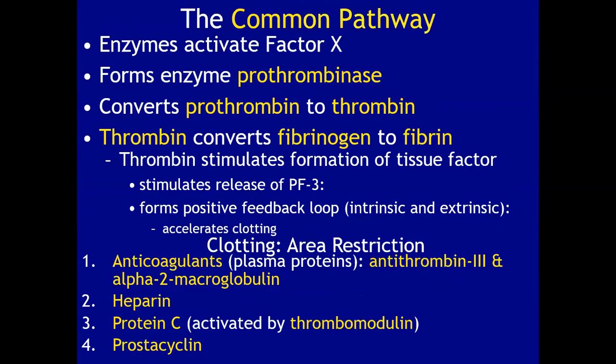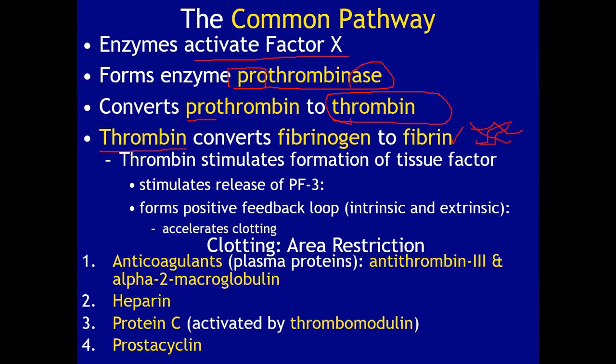Common pathway says once you've activated factor 10 forms an enzyme called prothrombinase. Remember, ASE on the end of anything is an enzyme, and pro means before, so we're going to convert prothrombin into thrombin. Okay, and once you get thrombin made in the bloodstream, thrombin is what is able to convert that fibrinogen into the hairs that we want to have of fibrin. Okay,